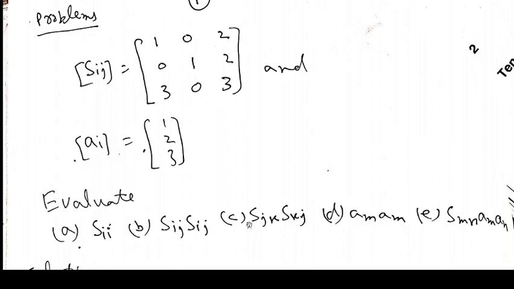Now you will calculate this C part, similarly D part, then you will calculate this E part. Simply nothing to do, J and K are dummy, again M is dummy. Simply you have to expand the indices and use the values given here, of S and also of A. This is related with A and this is related with both S and M. You will put the values of S and M from here while calculating this E part.